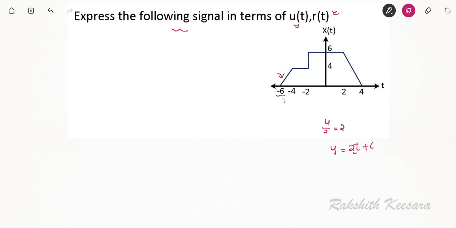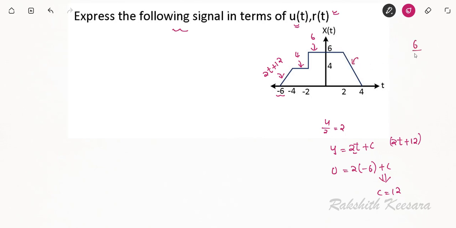At t equal to -6, y will become 0. 0 equal to 2 into -6 plus c. So from this c will be 12. Equation will be 2t plus 12. And equation of this line is 4. Equation of this line will be 6. And equation of this line will be